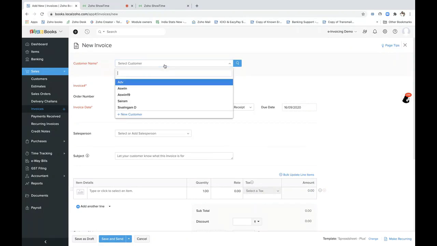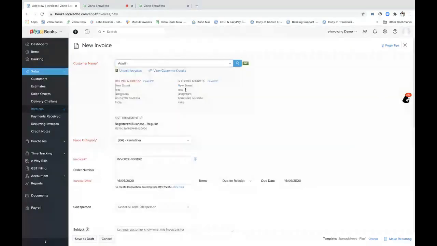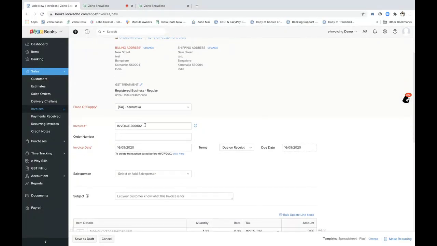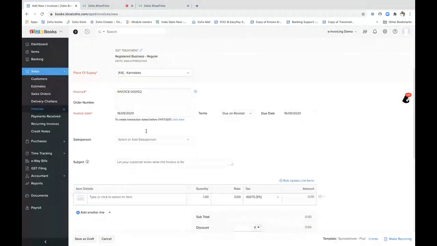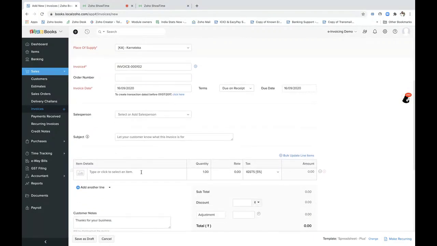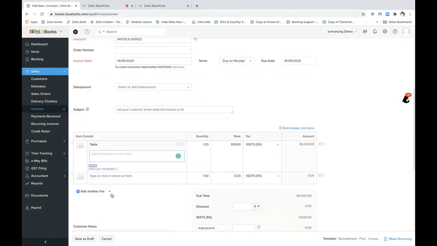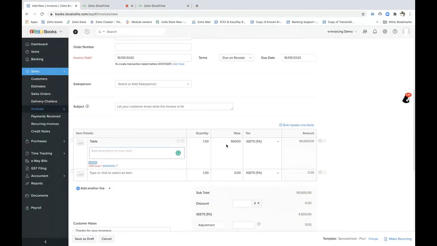From the customer name, you just choose which customer it is. So now we have mandated some of the fields as prescribed by the IRP portal, which would be your customer name, the billing address, the GST treatment, and the GSTN number, place of supply, the invoice number, the invoice date. So now with respect to your item details, your HSN or the SAC code is being made as a mandatory